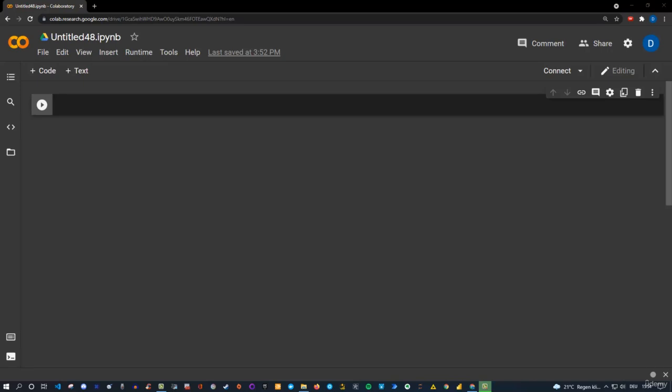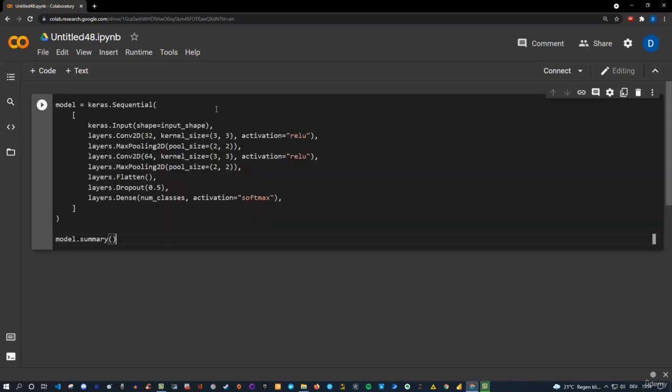Because in Keras you basically have two different kinds of APIs. The one is the sequential API, the other one is the functional API. Let me just paste the sequential API as an example here. So that's what it would look like. You basically define your model and then you import Keras, and then as a sequential API use a sequential class, and then within the class you define certain kinds of layers as well as activation functions for the layers. So this is the normal code you would write for different kinds of networks. In this case it would be a convolutional neural network for image classification, but that's how it works in TensorFlow,